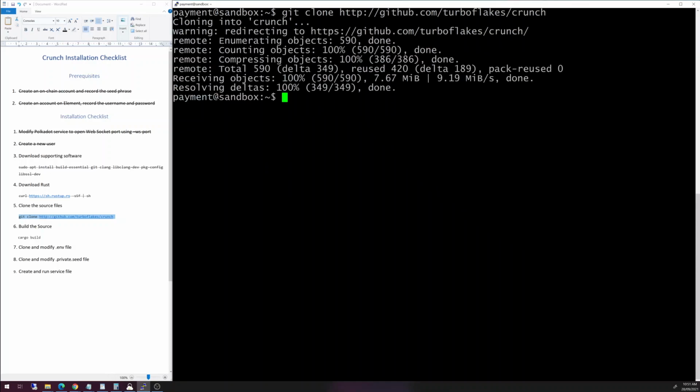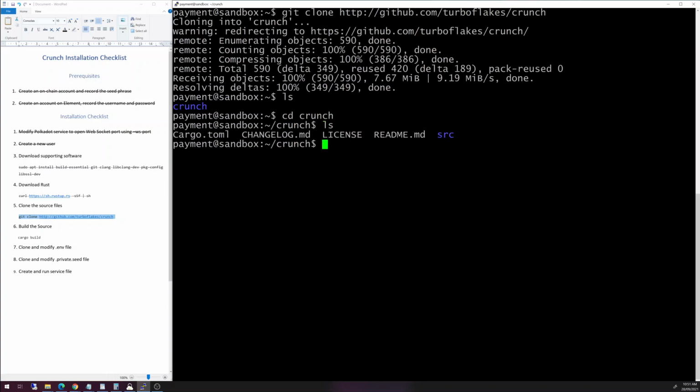Right, so this is actually just a command, git clone, and it downloads. It's very, very fast. So if we do ls, we will see crunch. And if we go into the crunch folder, here we type cargo build, enter. This is going to take some time. So while this is going on, I'm just going to explain